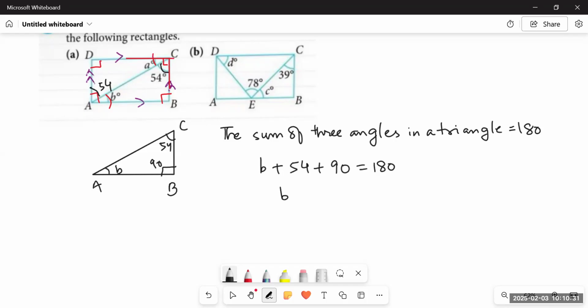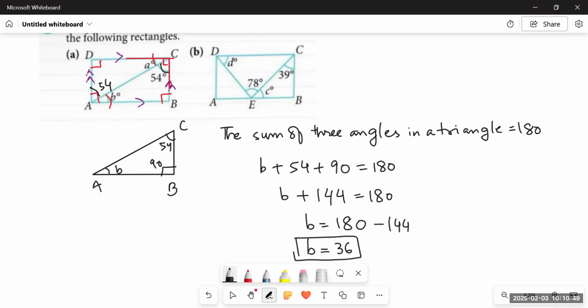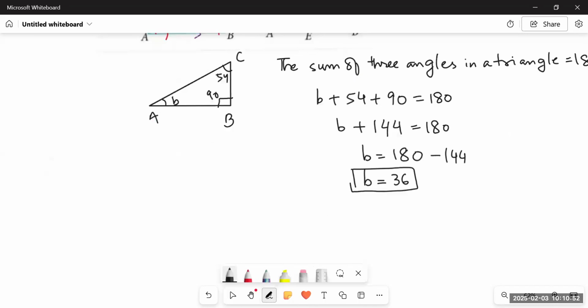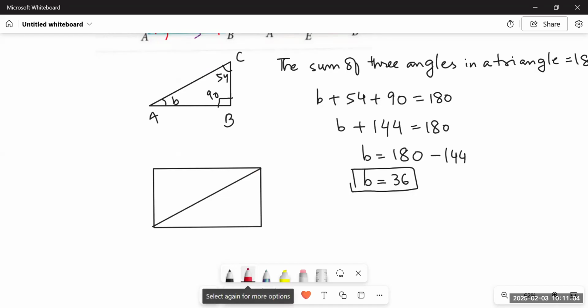So we can easily find out by adding 54 with 90, we'll get 144. And in the next step, we'll simply subtract 144 from 180 and we will get the final answer, which would be again 36 degrees. So you see, angle B and A are both 36 degrees each. That's what we talked about earlier, that the two angles formed in a rectangle using the diagonal line would always be equal to each other, the alternate angles, not the same side angles. It means if there is any diagonal line in a rectangle, these two angles would be alternate angles, that is, both would be equal to each other. Similarly, these two alternate angles would also be equal to each other.